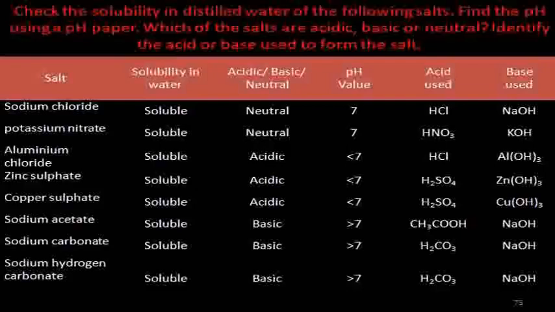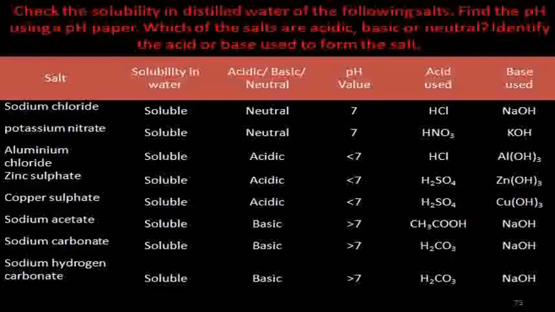Next is aluminium chloride. Aluminium chloride dissociates into a strong acid, and we know aluminium is a metalloid and it has both acidic as well as basic character. So this is a weak base but it is dissociated into a strong acid. So aluminium chloride, when it is dissociated, is dissociated into a strong acid and a weak base. Therefore the pH value is less than 7 because acidic character is shown more there. That is why the pH number is less than 7.